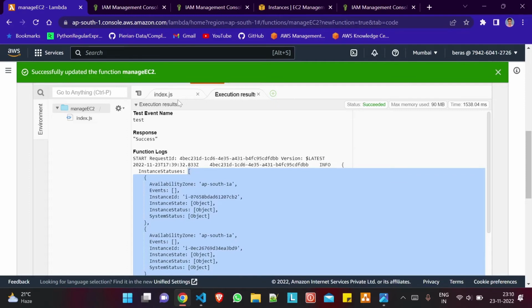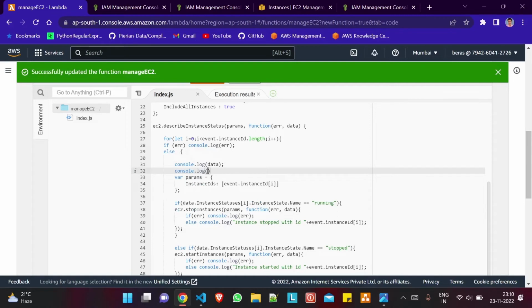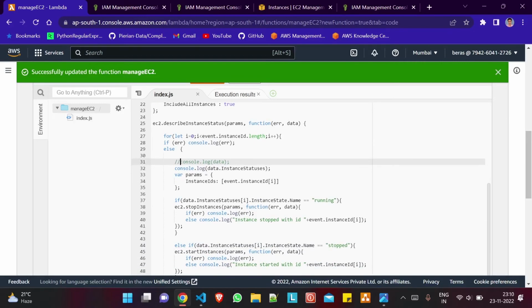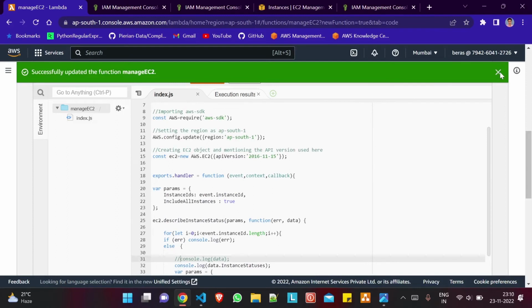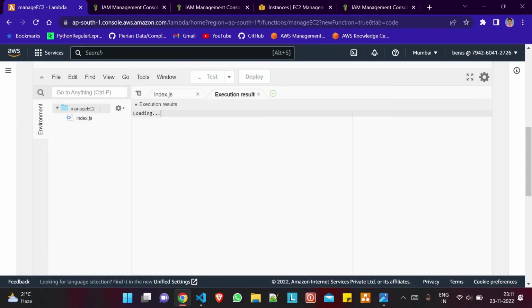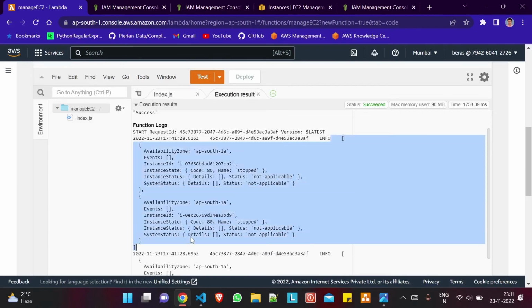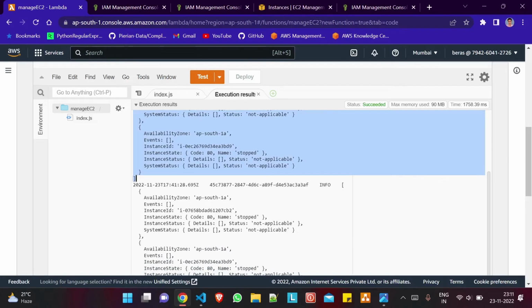Fine. So okay, let me print that only. So console.log data dot instanceStatuses. I'll comment it out and we'll deploy this. Click on test. See, we have got the array. When i equals 0, we have got this. When i equals 1, we have got this one